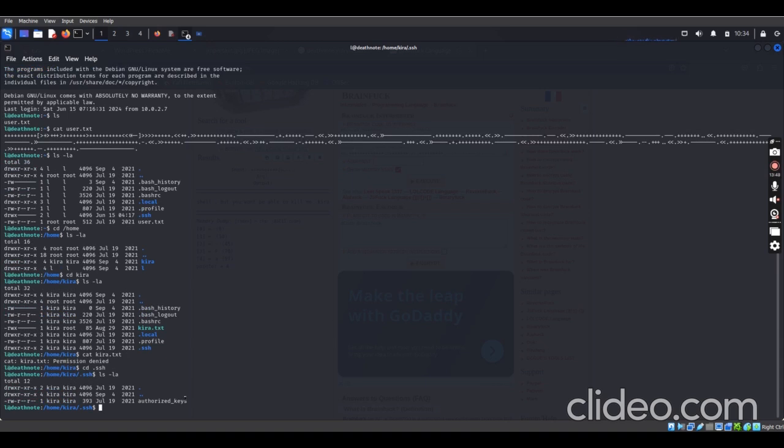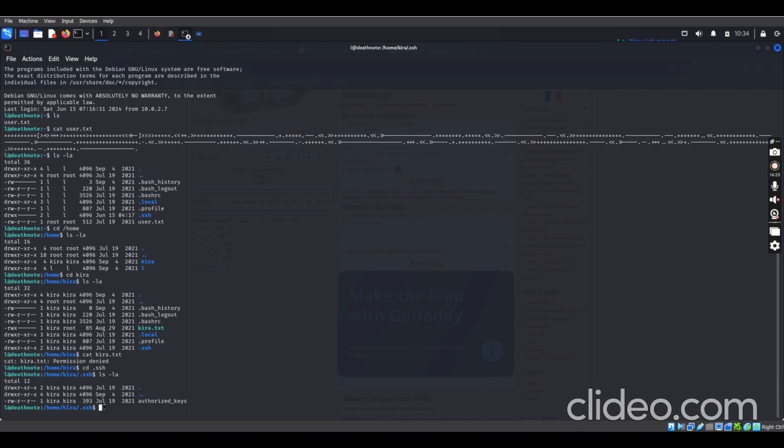Authorized key. So this authorized_keys file is a file which you can use, like we logged in with a password to this user. If you have this authorized key, there are two ways for you to log into SSH. You can either use your password or the authorized key combined with your user ID. So you either use your user ID with your password or your user ID with your authorized key here. Now this is the authorized key for Kira here.